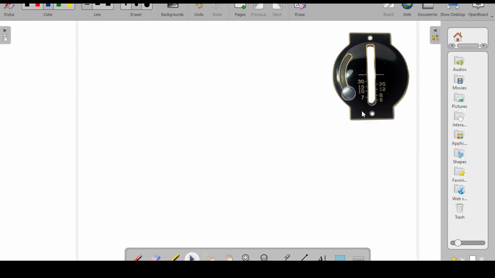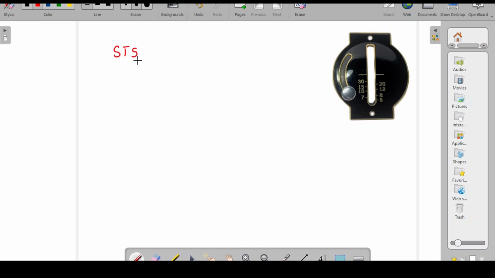So here is a typical stitch length regulator on a vintage Singer sewing machine. You'll see these numbers on other vintage sewing machines as well. And what they stand for is just stitches per inch. And that can be written like this, either